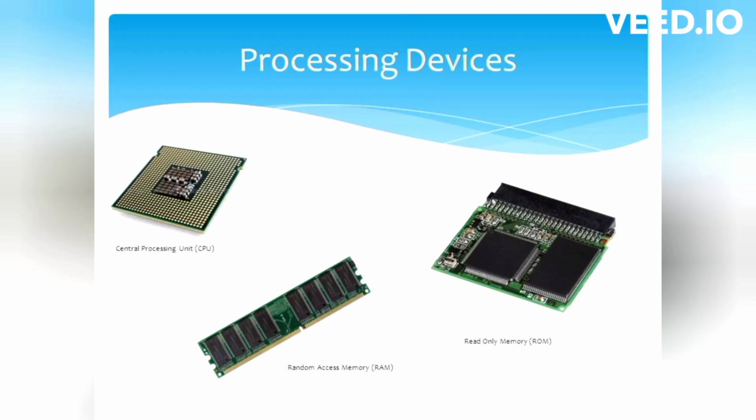The RAM is also a processing device. It holds data and instructions temporarily while processing is happening. The CPU is the brain of the computer, while the RAM, also known as random access memory, is the working memory to store data for a short amount of time when processing is going on. You can also refer to it as short-term memory storage space. You have to understand that information is lost if the power supply or electricity is cut off. RAM comes in different capacities like 1 GB, 2 GB, 3 GB, and more. So, the higher the RAM, the faster your computer will be and the more tasks it can complete at the